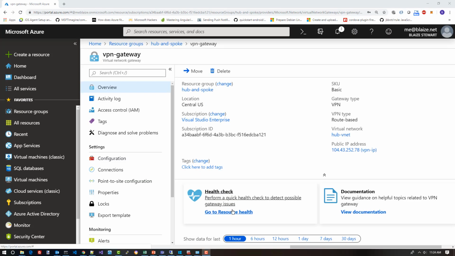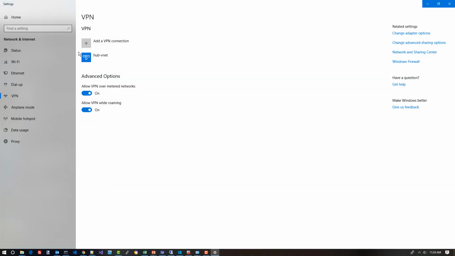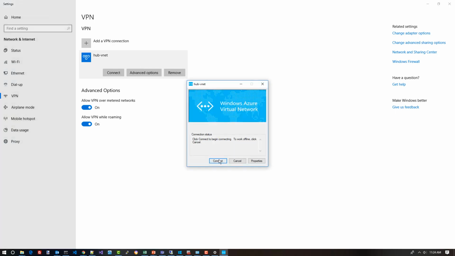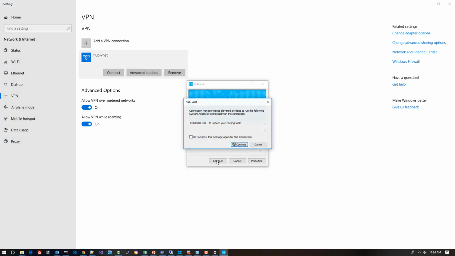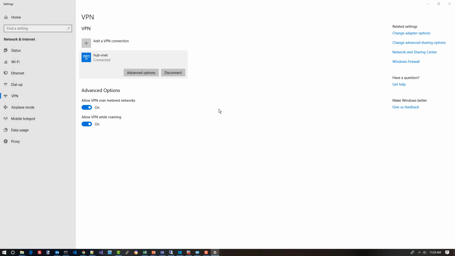Okay, now that I have the client installed, I can come down here to my tool tray and launch the context menu for my networks that are available. And then I'm going to launch this one. Notice it's the same name as my VNet for my hub. I'm going to open that up, and then I'm going to click on it here in my VPN settings for Windows 10 and connect. It's going to pop up a few windows that I'm going to allow connect, and then hit continue. It's going to add some routes and then establish a connection by way of the VPNs built into